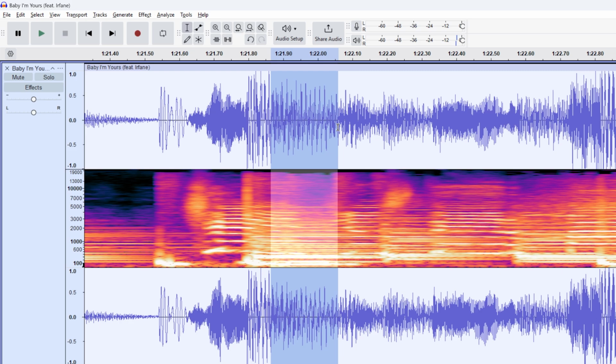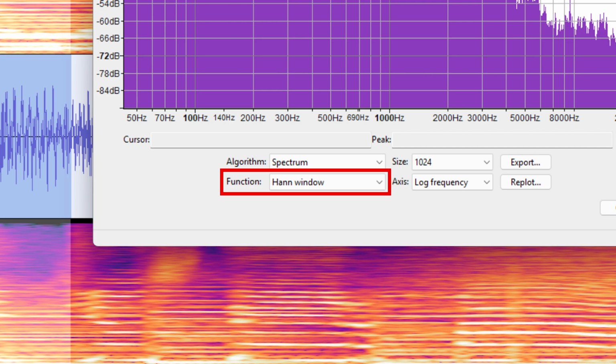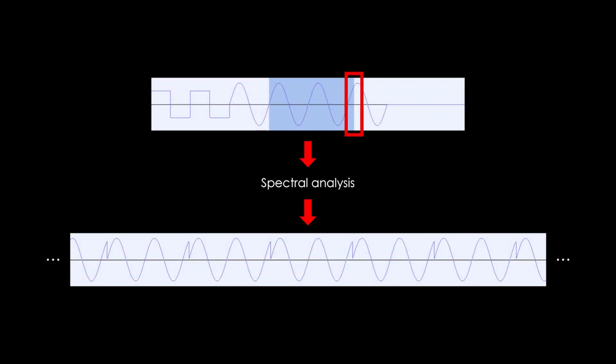When you have a complex signal with many components, it is virtually impossible for the selection to match all periods perfectly. So, to mitigate this problem, the software applies something called a window function. I will explain this in more detail in a video on the mathematics of the Fourier transform. But again, these window functions only help to mitigate the problem. That is, they don't get rid of it. So, when making short selections or when analyzing repetitive waveforms, you should make your selection carefully.